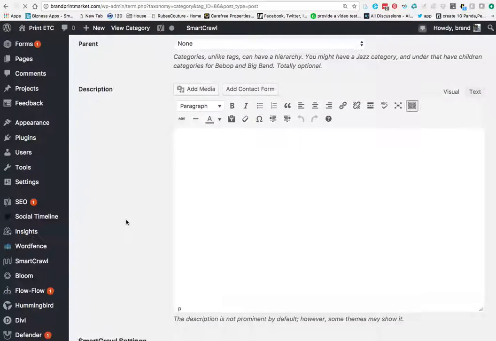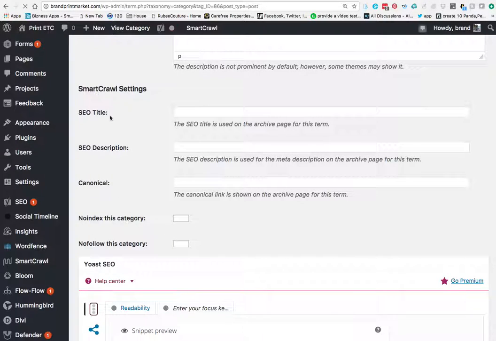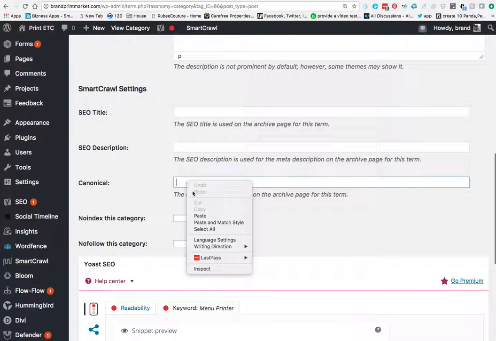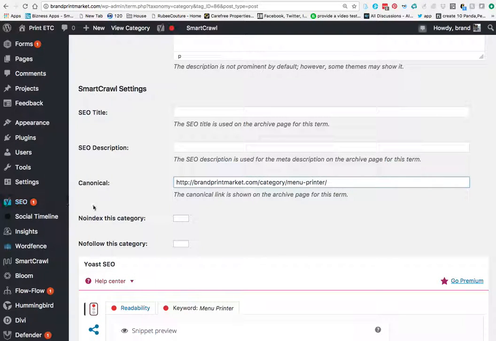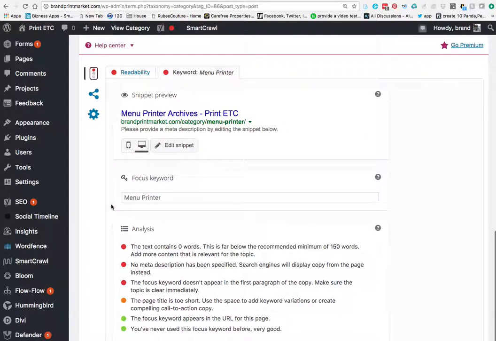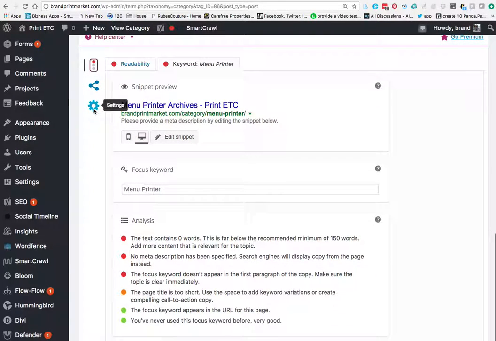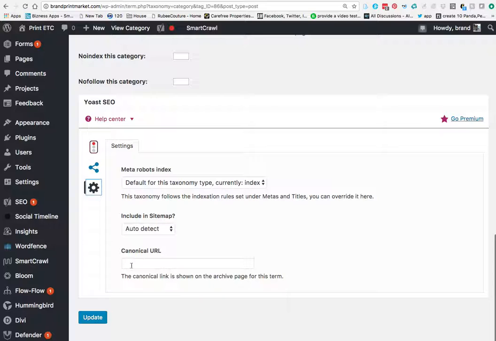And the copy of the URL, if you are using Smart Crawl, would go here under Canonical. If you're not using Smart Crawl but you're using Yoast, you'll come up to the settings and under Canonical, you'll put the URL. The reason you do that is that Menu Printer might have 30 different blog posts attached to